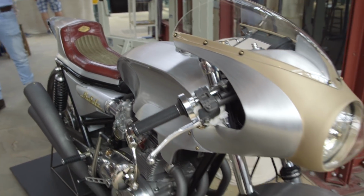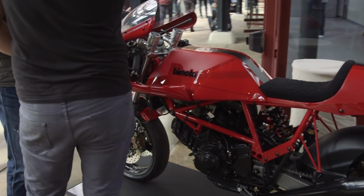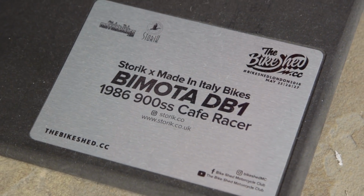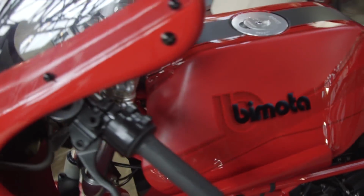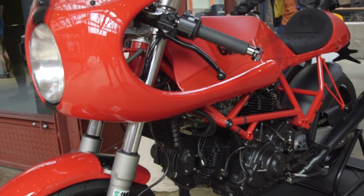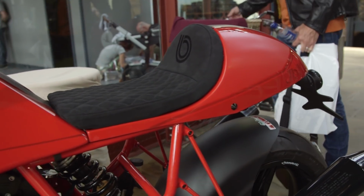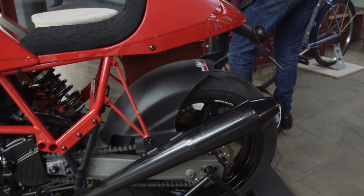And then on the other side we've got this cracking machine. This is a really good Bimota. This is a DB1 motorcycle turned into a cafe racer using a 900 SS frame. It has bespoke bodywork. I've made all the metalwork, modified the frame and done the fuel tank, the seat and all sorts of accessories. It's a project in collaboration with Made in Italy Motorcycles, so we work together, combine our efforts